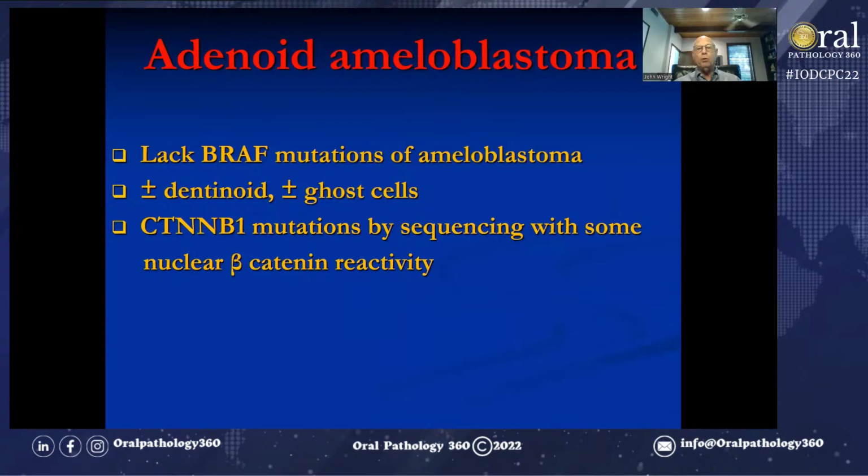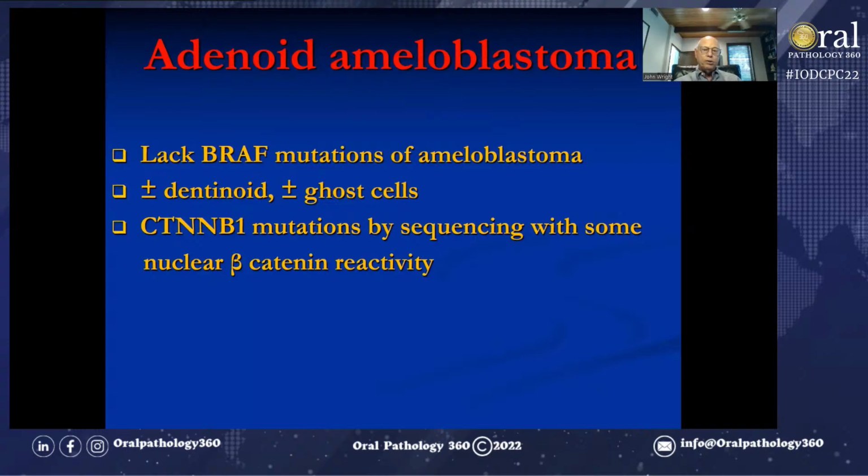We do know that adenoid ameloblastomas do lack the BRAF mutations that characterize ameloblastoma. Now, clearly, not all ameloblastomas are BRAF mutated. It's just our most common mutation. But at least the sequencing that's been done on these so far has shown a lack of BRAF mutations, suggesting it may be different from ameloblastoma. These may produce dentinoid. We usually don't tolerate that in ameloblastoma, and they may or may not have ghost cells,